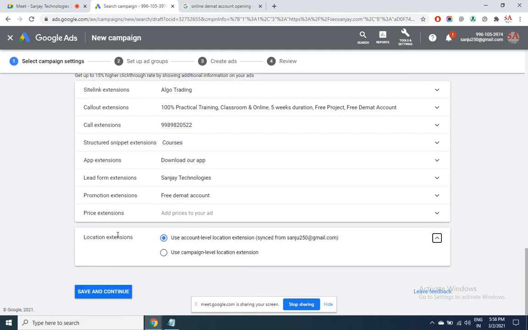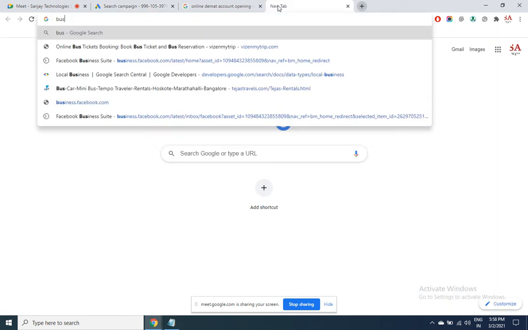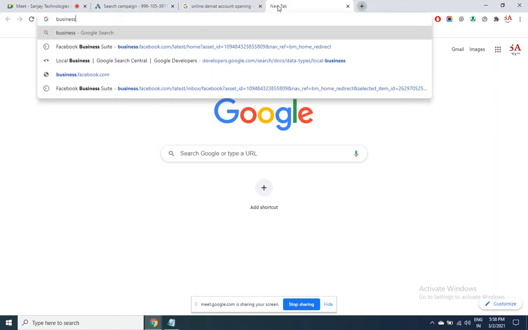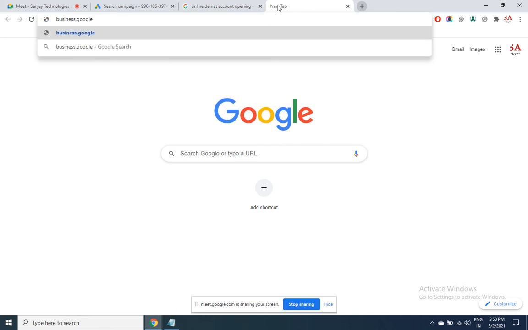Location: in case you have already listed your business in Google Business, business.google.com, there is a site wherein all the businesses are listed. So whenever somebody is looking for navigation in Google Maps, that address will be picked up and shown as a landmark. So it brings a lot of value for your business. Do have a Google Business page for your own business as well. It's a free listing at business.google.com.